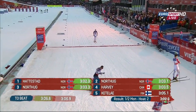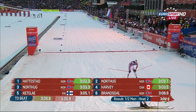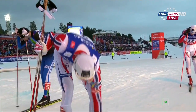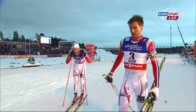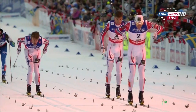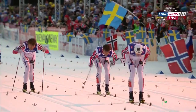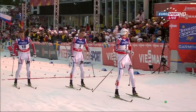Are they all inside? They are. They are. Harvey is going through. What a patient game he plays. He reads these sprints, I think, better than anybody. Hadestad, Northug, that's Thomas Northug ahead of Petter Northug, ahead of Alex Harvey, and they all go through to join Nikita Krukov and Federico Pellegrino in the final. David, they've got less rest time, and Thomas Northug looked exhausted this time around. So Norwegian men, Norwegian women